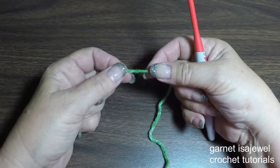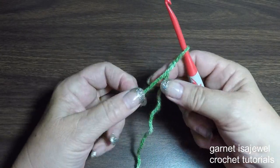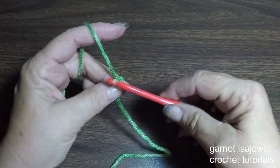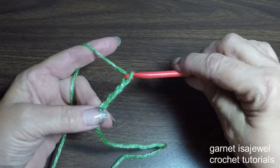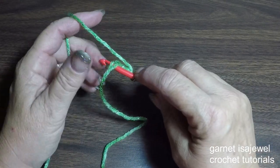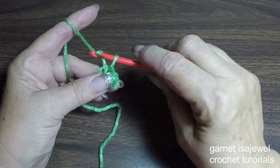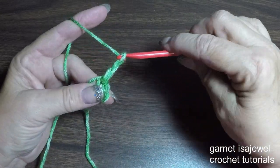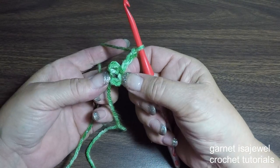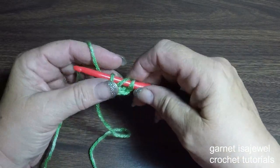So let's begin. Let's place a slip knot on our hook. Chain 4, slip stitch into the first chain, and then chain 3. This chain 3 does count as your first double crochet. Now into our circle, our little chain, 2 double crochets,